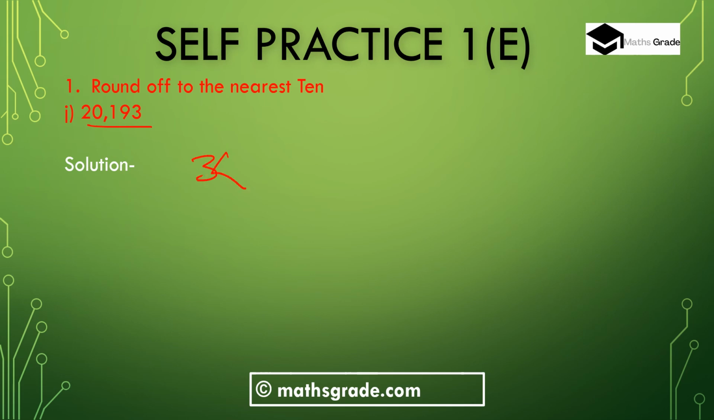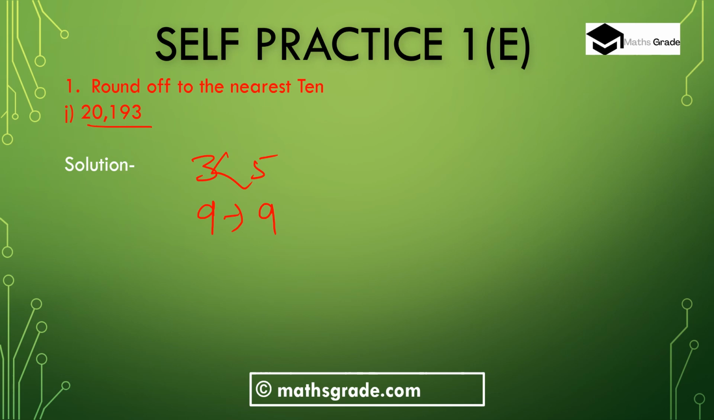3 is less than 5. So just write down unit place digit 0 and the tens place digit as it is. That is, 9 stays 9 only. Don't add 1 to the tens place digit because the unit place digit is less than 5. Just write down the tens place digit as it is, and this 3, that is the unit place digit, write down